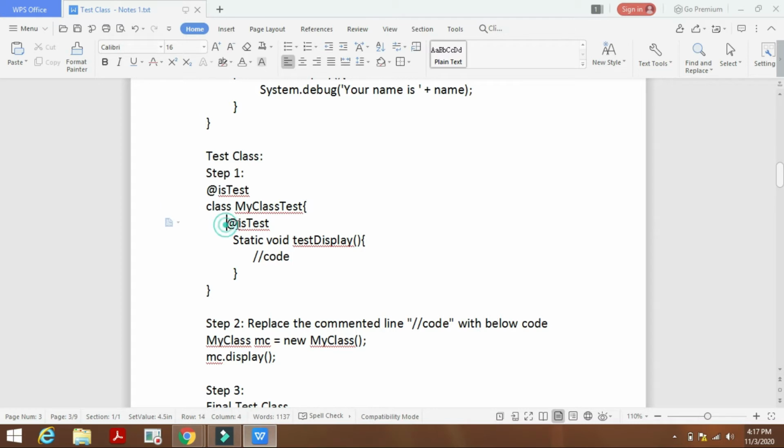After that, again we use the isTest annotation, and then we use the static void method with the test method name.